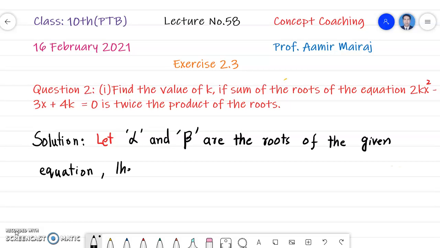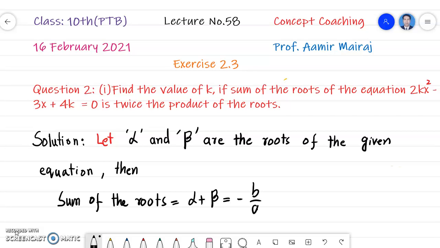Then sum of the roots, this equal to alpha plus beta equal to, तो अल्फा बीटा हमने रूट्स सपोज किए। अल्फा प्लस बीटा होता है माइनस बी